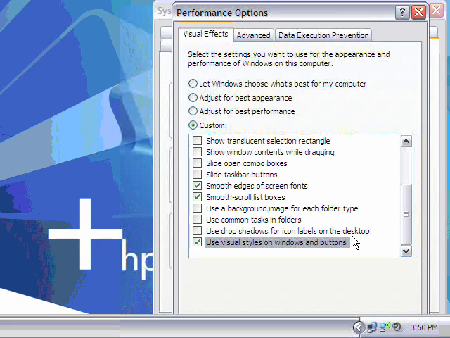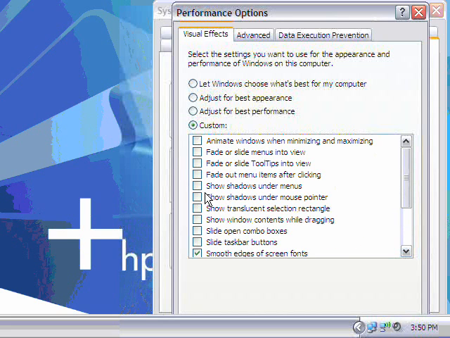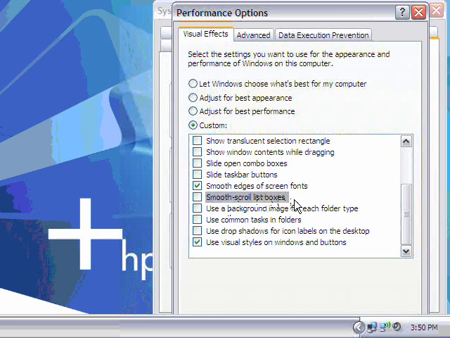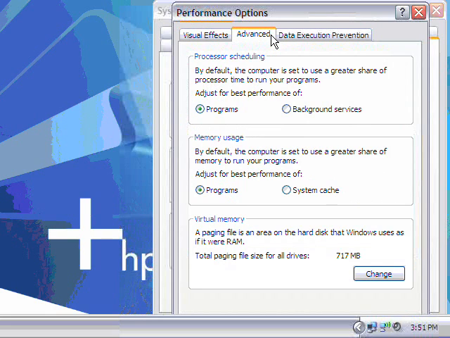You can pick and choose which ones you think you like, and you'll see differences based on what you choose. Basically just take a look through and see what you're interested in. Once you're done, just to show you over here